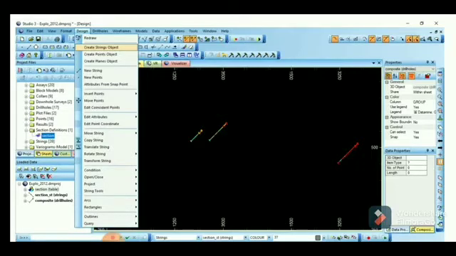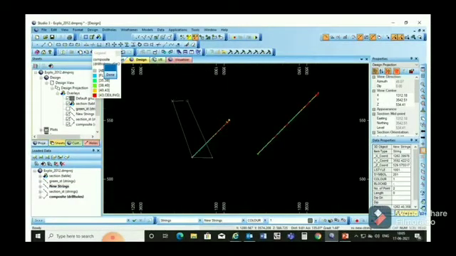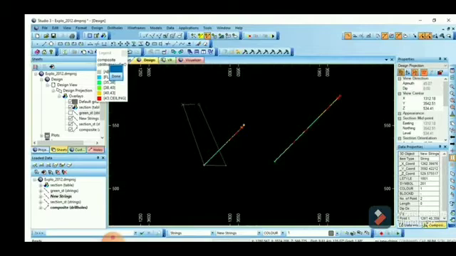We will take this, so we will get a new string object in loaded data. Then we will take the new string command. It is in the standard toolbar, new string, and we can also apply the new string by typing NS in the design window on the keyboard.